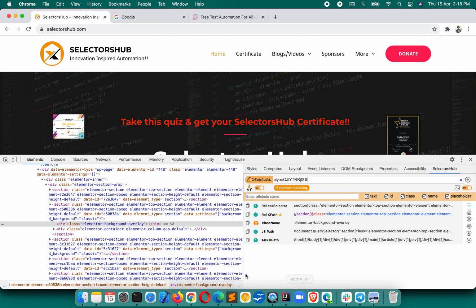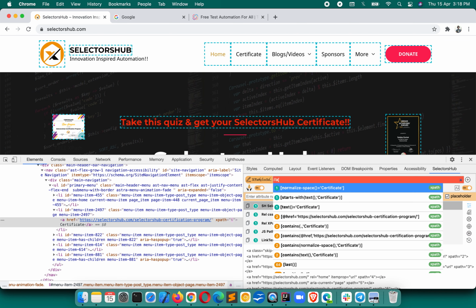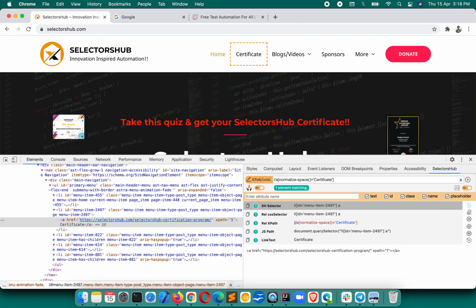After pressing enter, you see that the footer will go away, so you will have a better view, and this button will also be active. Now let's say you have some XPath value that you are writing in this box. Let's say while creating some XPath, you created this kind of XPath.